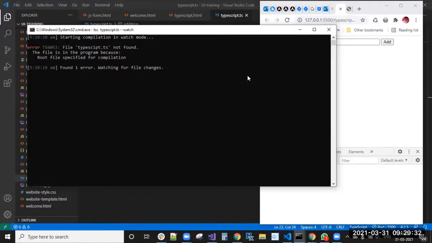Sorry, it could not resolve the path with extension .ts. The TypeScript name is wrong. Here it is TypeScript, right.